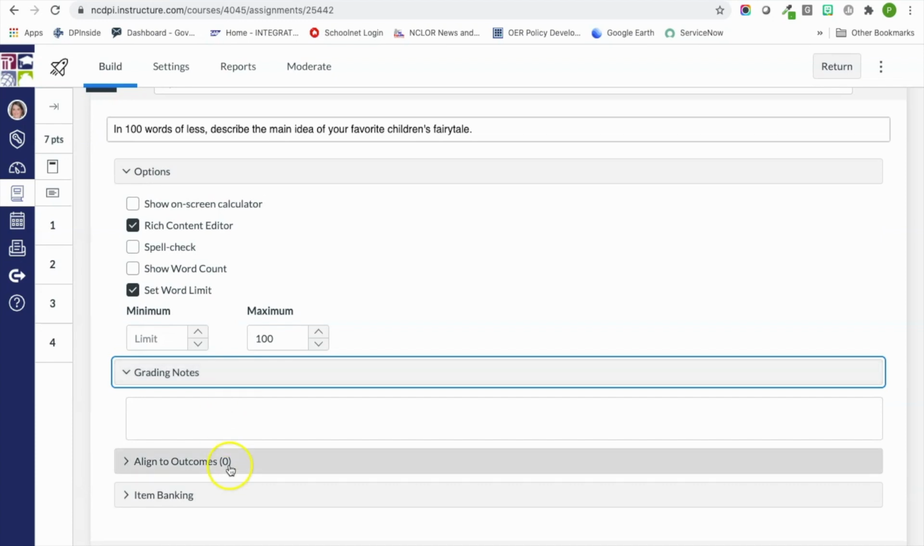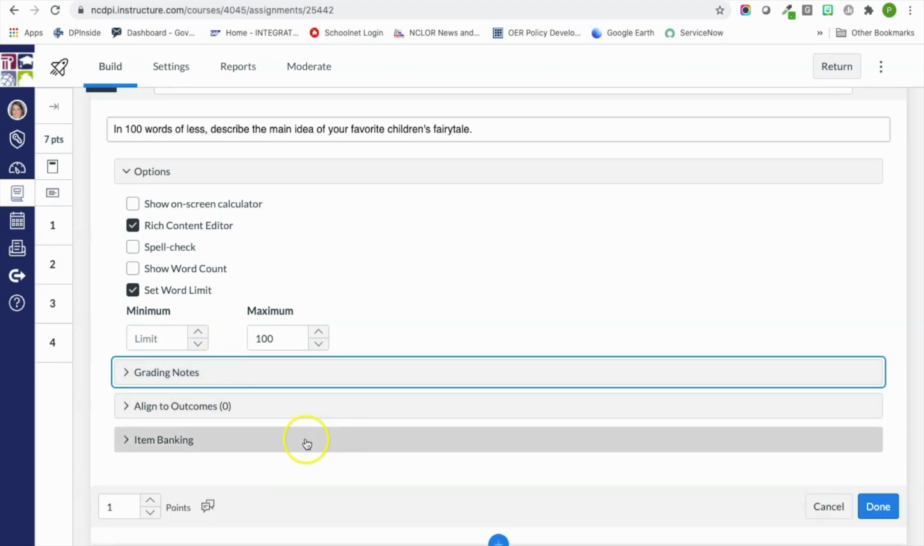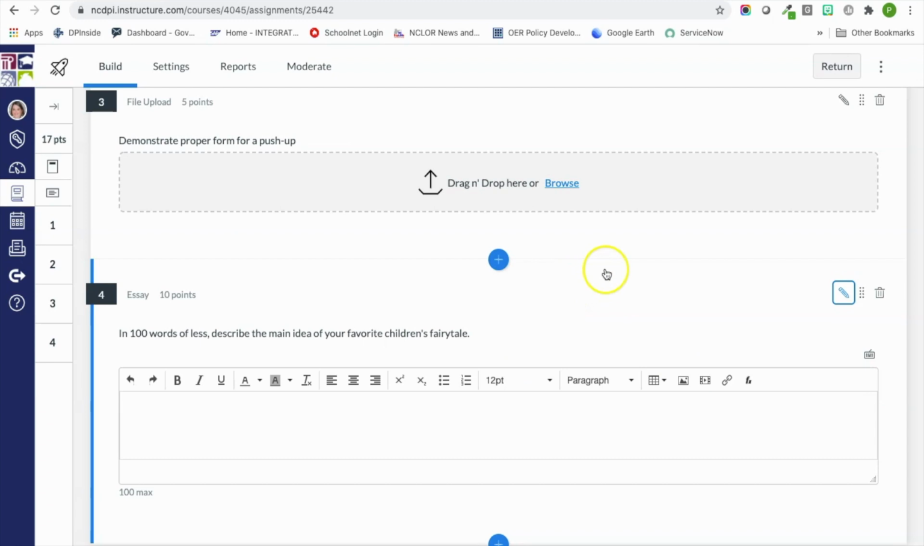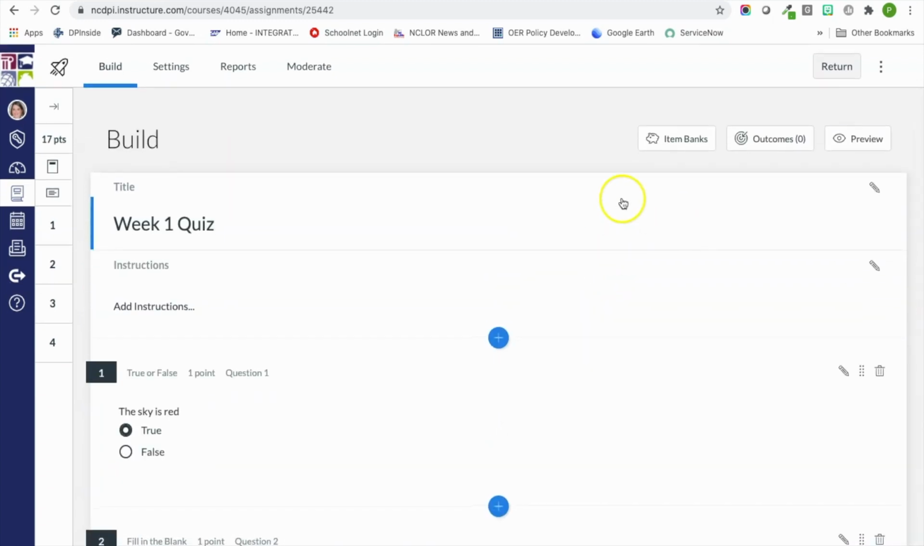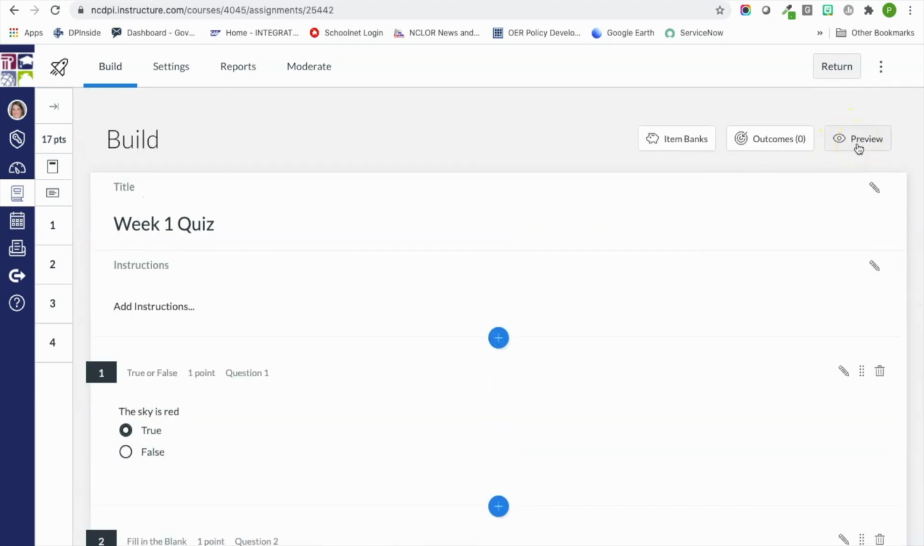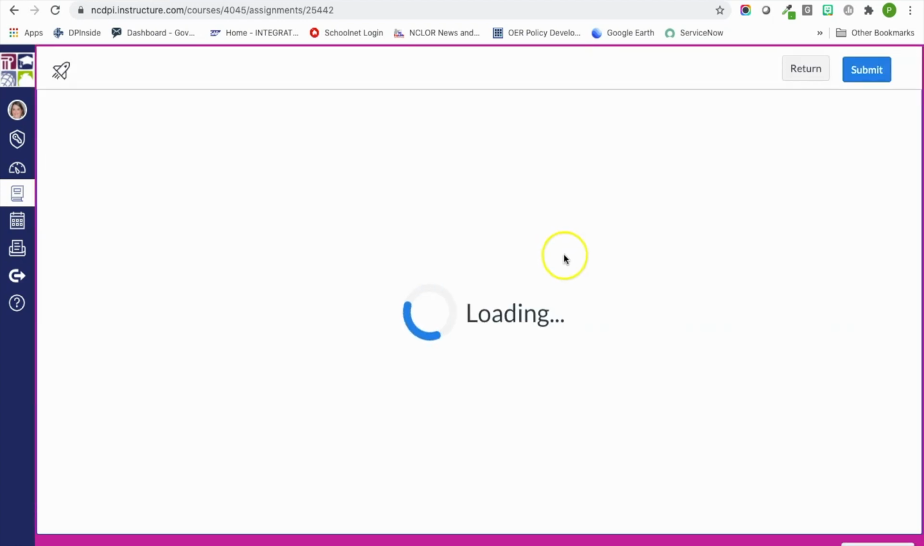You can even put in grading notes. Again, adjust how many points. This will be worth 10 points. All right, and so now I want you to go ahead and we're going to briefly preview what this quiz looks like. So it's always a good idea to look at it and make sure. And so we're launching into the student view